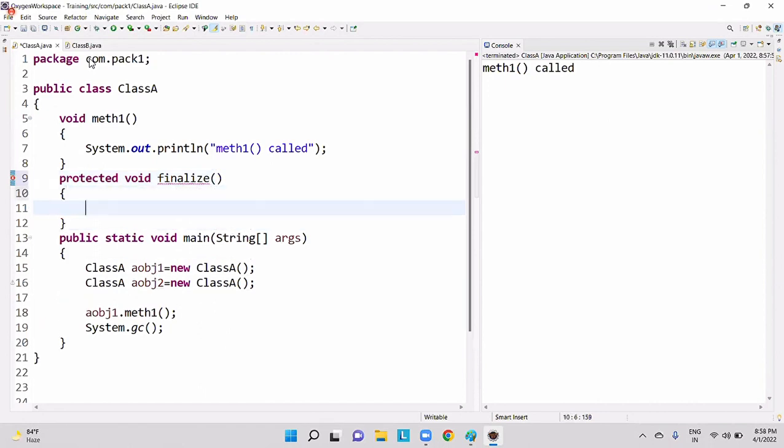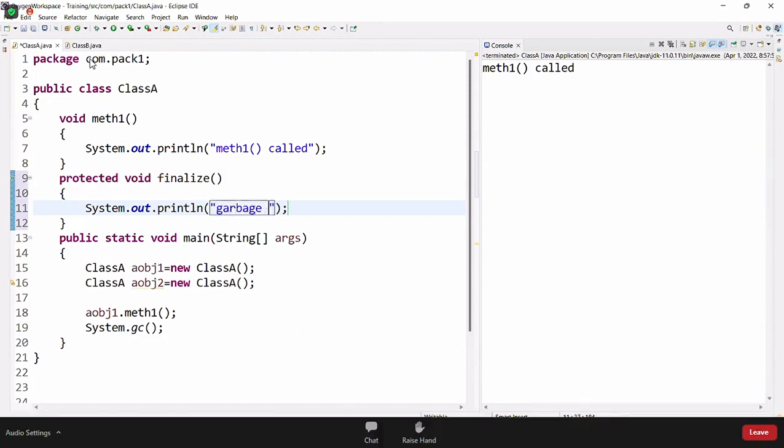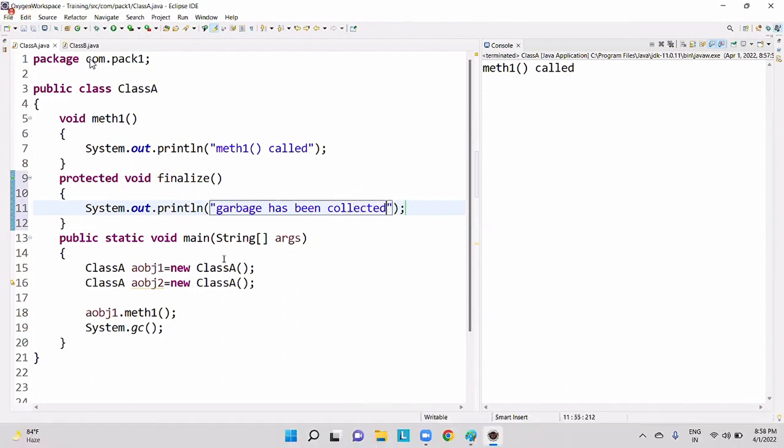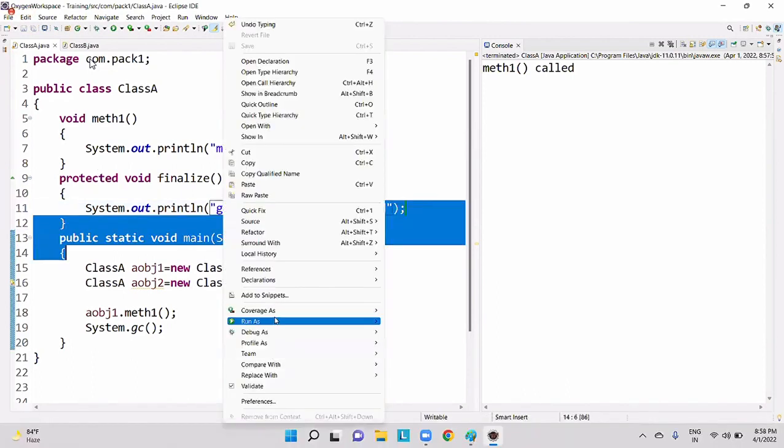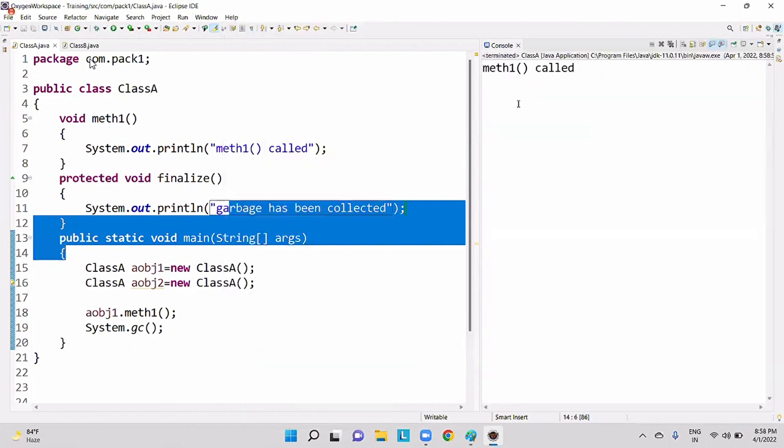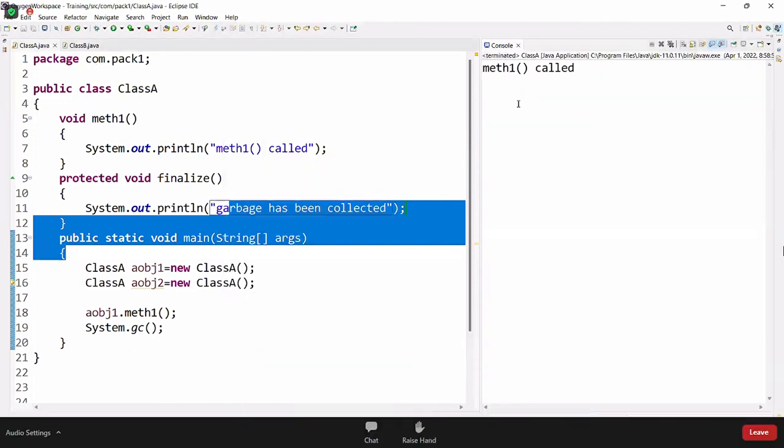Protected void finalize, and here System.out.println, garbage has been collected. Now if I execute my program, right click, run as Java application, I did not get my output. So garbage collection is not yet called.